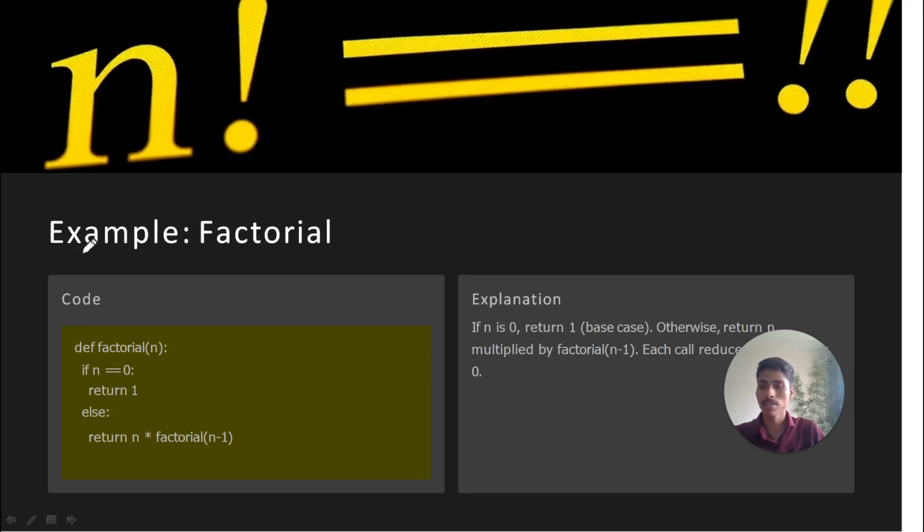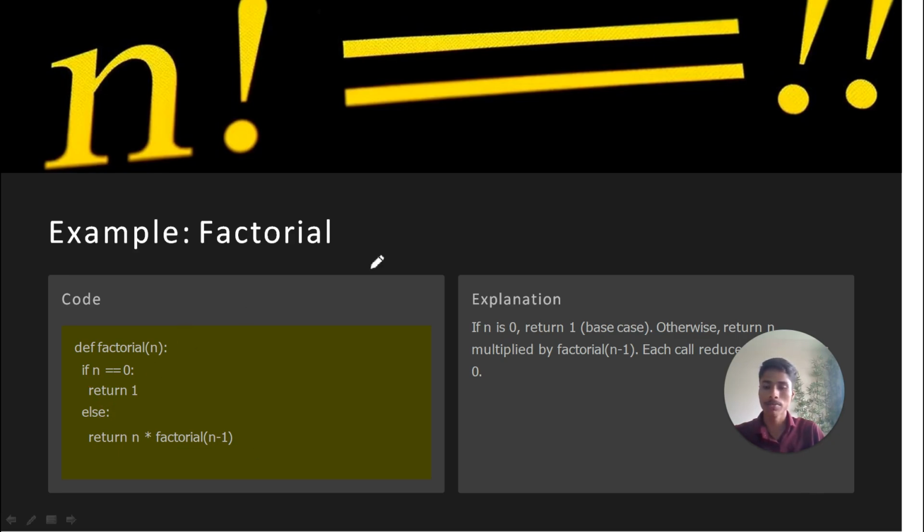Then there is the most famous example of a recursive function, the factorial problem. Here is the one problem we have taken: def factorial. Def means the definition, and factorial is the function defined here. And the condition is given that if n is equal to 0, then return 1, else return n into